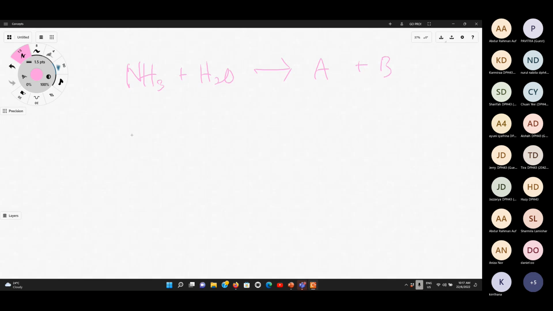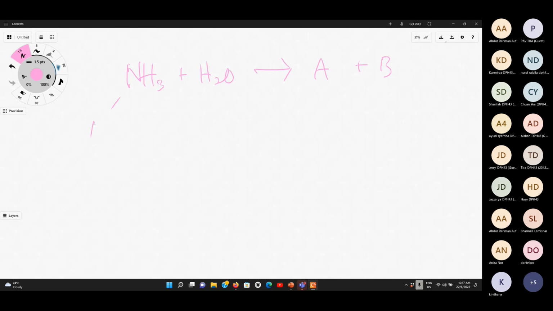So the first step, okay, this is not the problem dalam soalan quizzes tadi. So this is a different side of it, a side note. My tip is kalau kamu nak tahu what is product A and B, you write down the dissociation. Kamu pecahkan all these two molecules. So untuk NH3, dia akan hasilkan